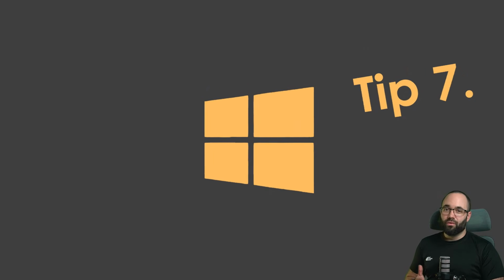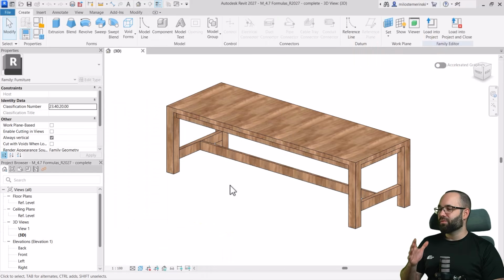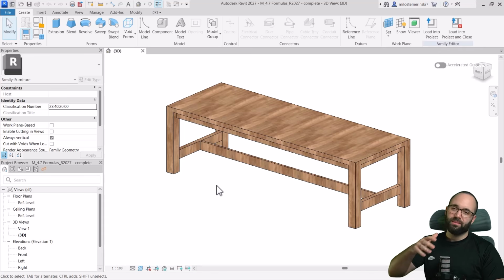Tip number 7 for Windows is to use multiple desktops as an architect. So for example, here I'm working in Revit, and it can get a little bit clogged up when you have Revit open, you have some PDFs open, perhaps your email, Notion, and so on. So in order to keep things organized, you can create a separate desktop for, let's say, Revit, or for your emails and